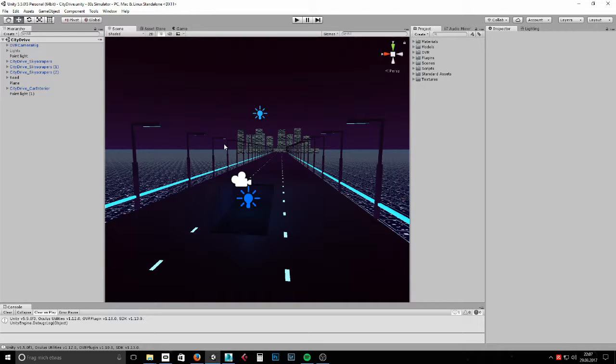I just wanted to start with a feeling, with an emotion of driving in this futuristic 80s city, like how people imagined it in the 80s. And obviously right now there's a huge trend in this kind of retro style.